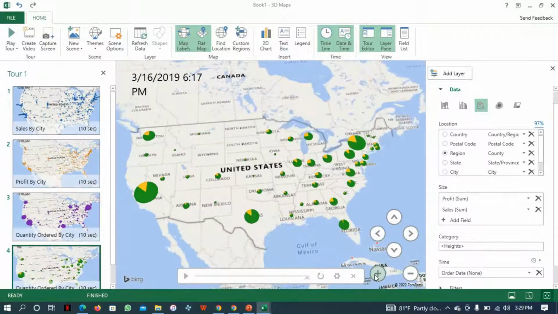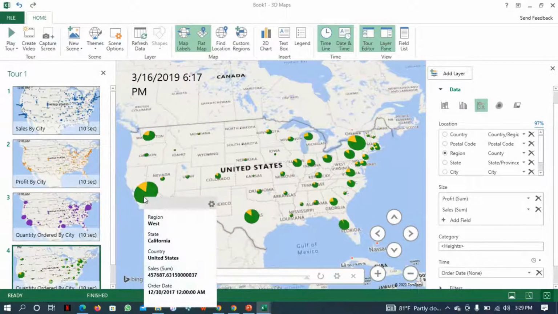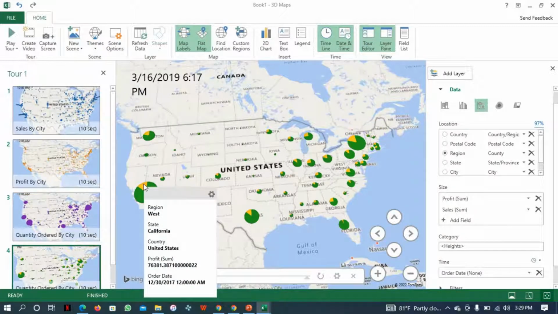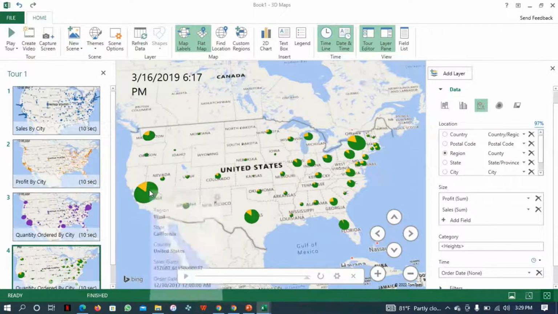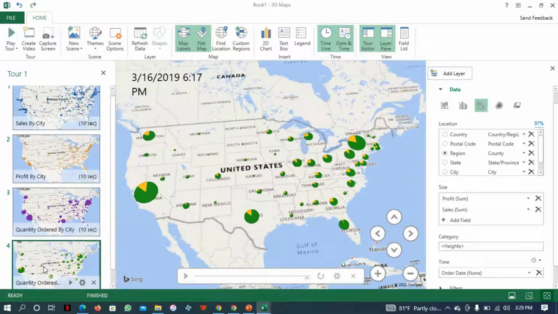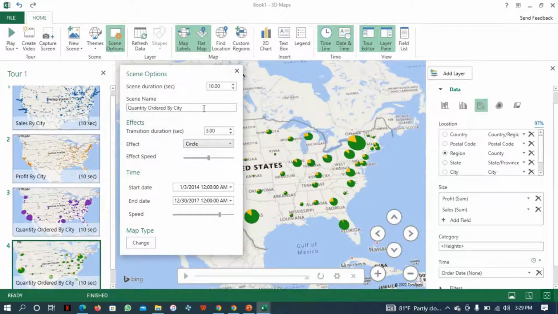Let me zoom in into my map. Can you see that? So here we have the region. Good. I love this. So once this is done, I can now let me go and do the settings. Under the settings, this is my profit